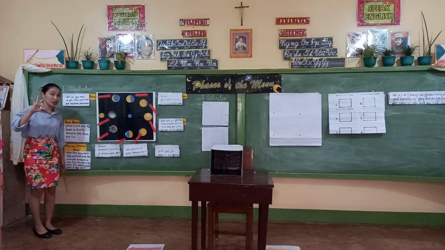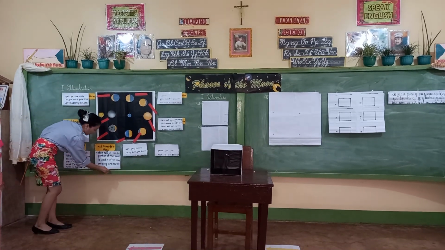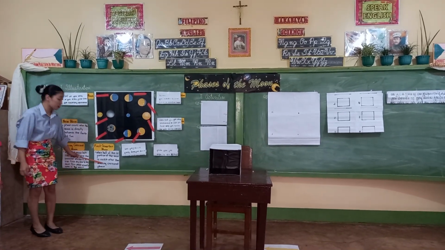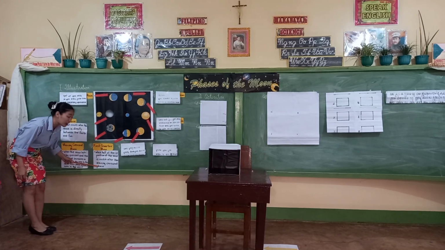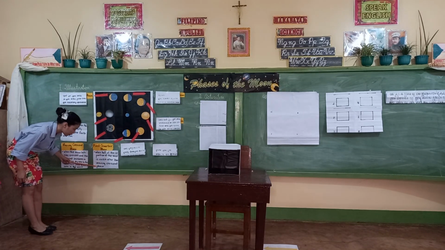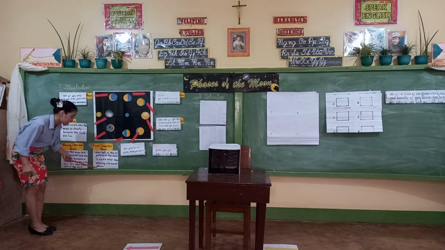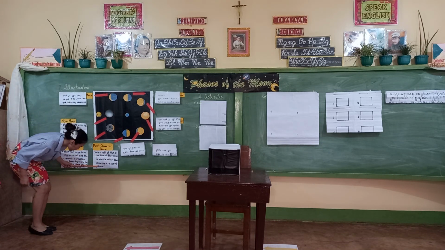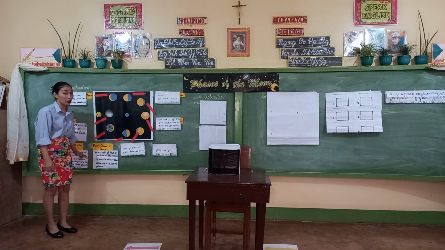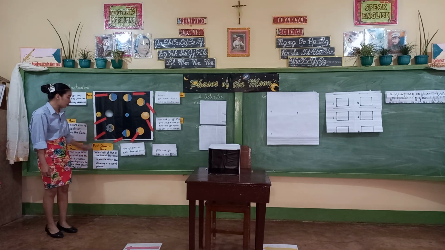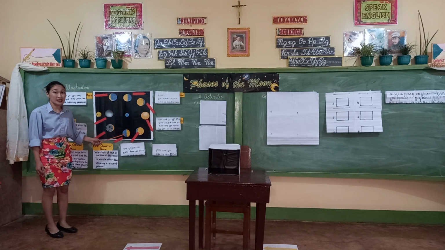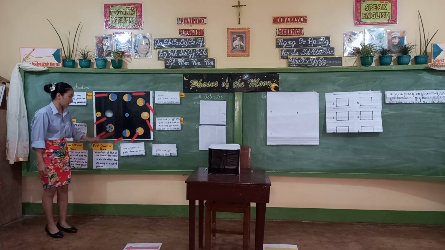The third phase of the moon is the first quarter moon. The first quarter moon occurs when half of the lit portion of the moon is visible after the waxing crescent phase. In this phase, the moon rises at noon and sets around midnight. Let's proceed to